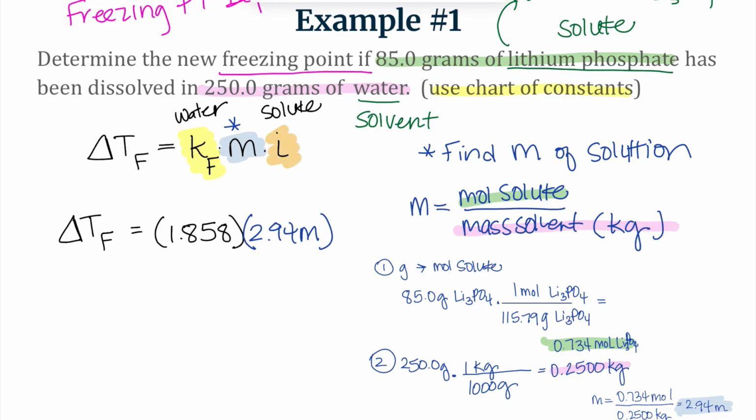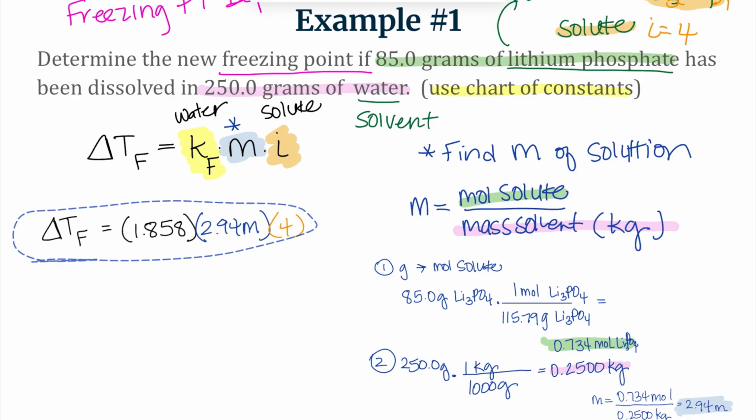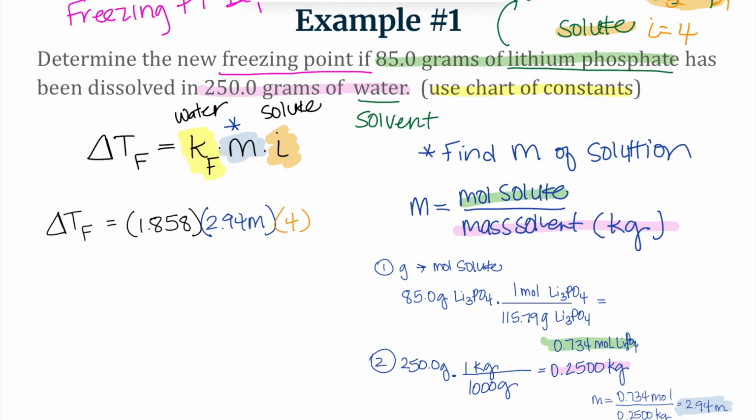And now we just need to find what our i value is for our solute. Well, my solute is lithium phosphate, so that Li3PO4 is going to break into 3 pieces of lithium, 1 phosphate, so that's going to be a total of 4 for our i value, and that's going to go there. So now I found everything for my delta T formula, and I can go ahead and calculate that. So delta T is going to be 1.858 times 2.94 times 4. Plugging that into the calculator, I get